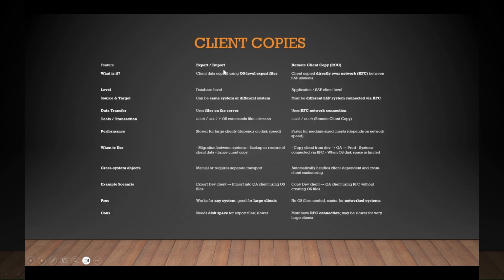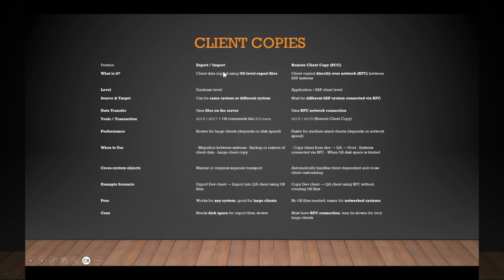This copies all the data that is at the database level. It means all the main data gets stored in the database, right? I hope you are aware of this. Applications mean all the main transactional data or any kind of data mainly stores in the database level. So this is a major kind of target, you can say. Export import is a big deal. It will have a huge amount of data transfer. This will take place when you want to transport the data at the database level.